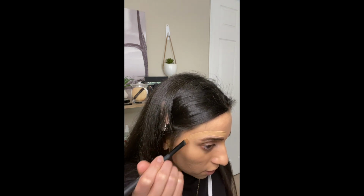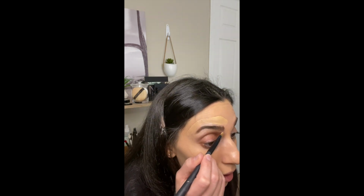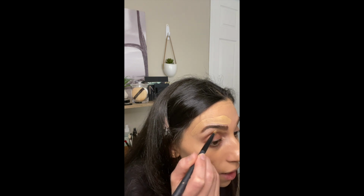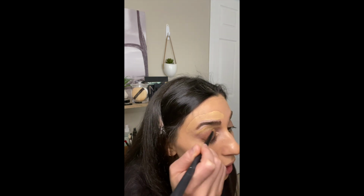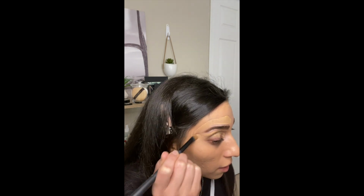I don't like to clean up with concealer, especially not on the top. Now, I mean, if I just need to clean up the bottom really quickly and I happen to have concealer on hand, I'll take it. But if I'm truly doing an eyebrow cleanup, I will always opt for foundation, because it blends in with your